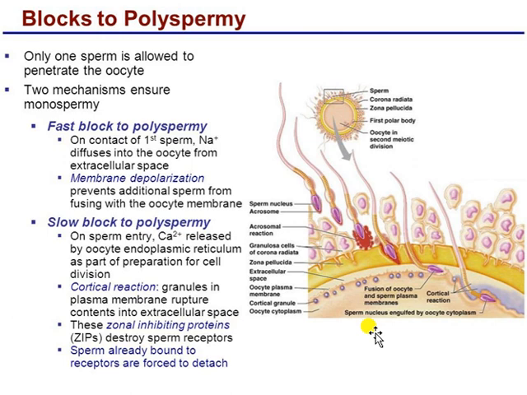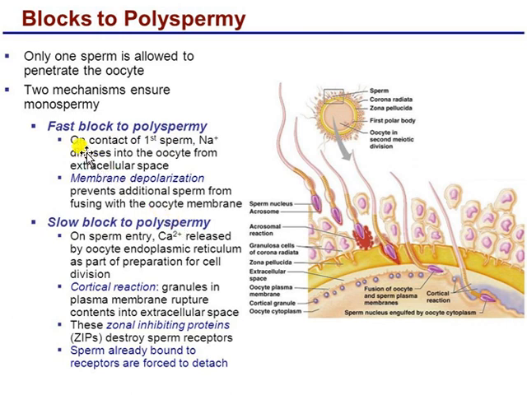So when multiple sperms are trying to enter the ovum, trying to penetrate the corona radiata and zona pellucida layer, except the one sperm which came first, other sperms are blocked by some mechanisms performed by the ovum, and those mechanisms are collectively called block of polyspermy. So let's see the types of blocks of polyspermy. There are two mechanisms under this: one is the fast block of polyspermy, another one is the slow block of polyspermy.